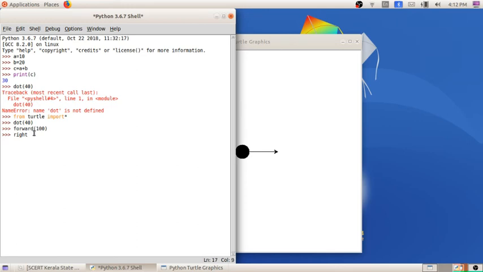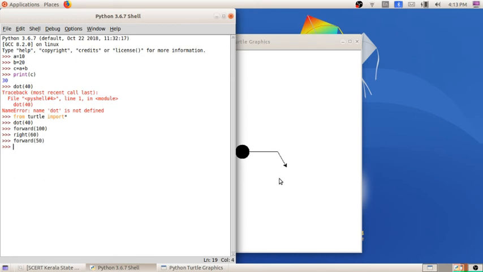So when I am going to write the angle of 60 degree, when I click enter, you can see the difference in the arrow mark in the 60 degree direction. After that again I am going to write the command forward, enter. So what you can see now, in the right direction itself, the arrow mark turns to 60 degree, and from that 60 degree it comes forward in the right direction.